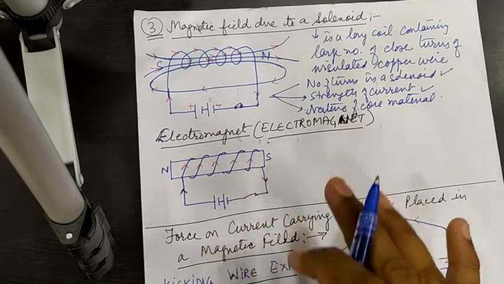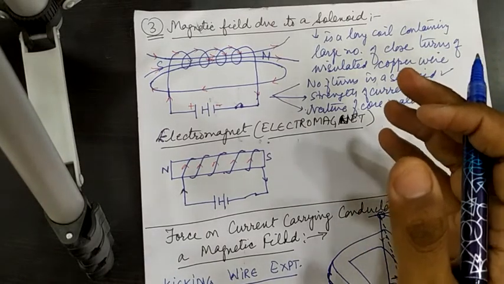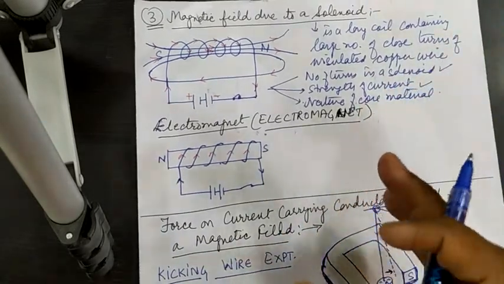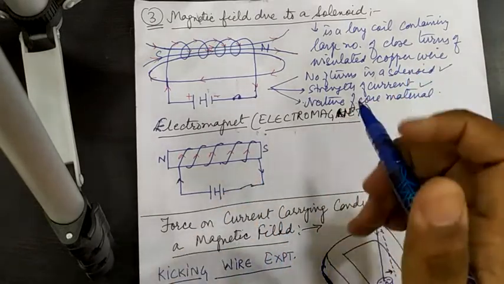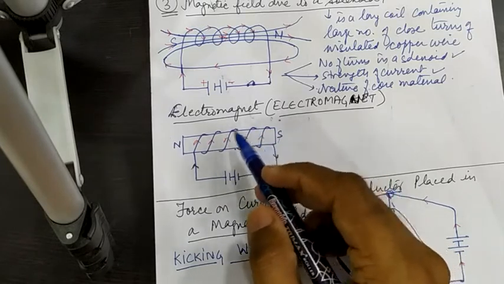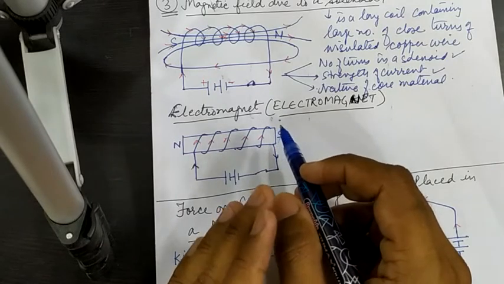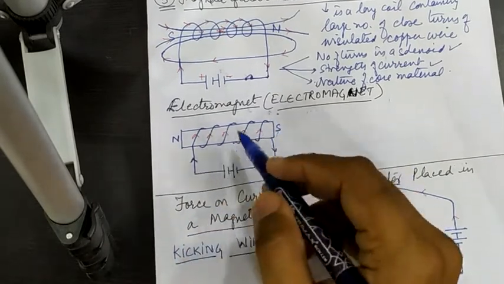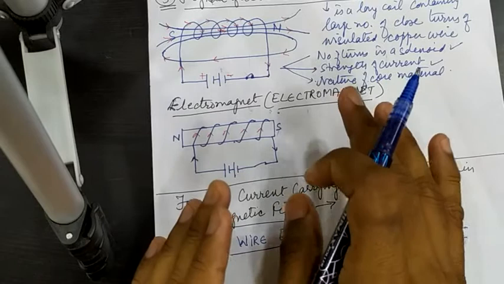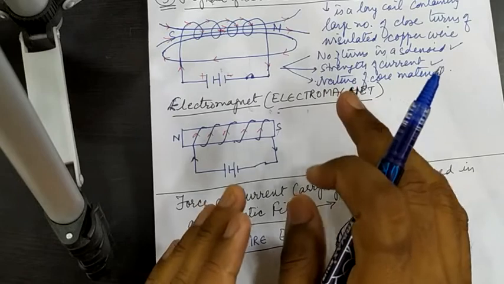So what is an electromagnet? An electromagnet generally works on the magnetic effect of current. So how does it work? It is a magnet consisting of a long coil of insulated copper wire wrapped around a soft iron core that is magnetized only when the current is passed through it. Very important: once you pass the current through it, only then it will behave like an electromagnet, else not. Once you switch off the current in the solenoid, it no more behaves as a magnet. So all its magnetism will disappear.